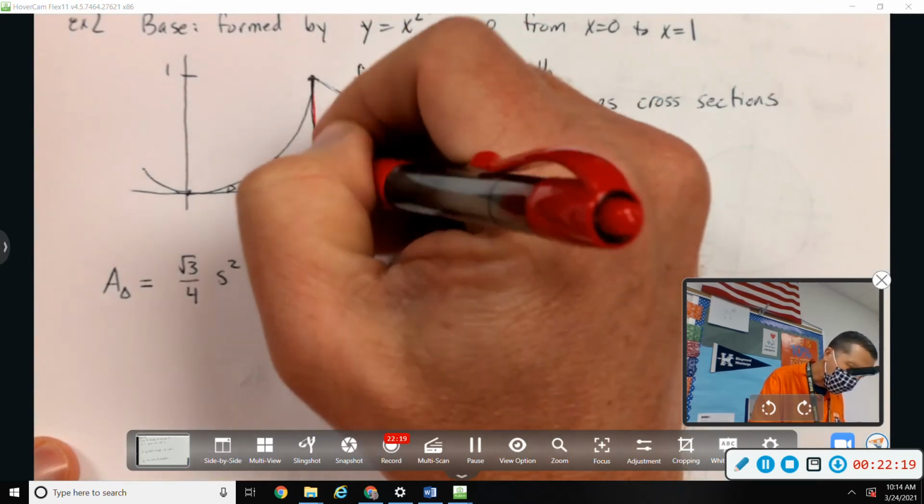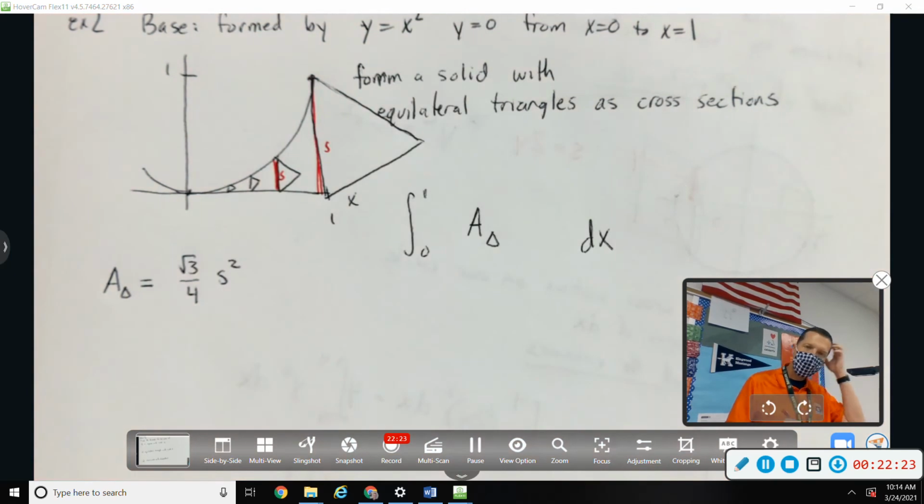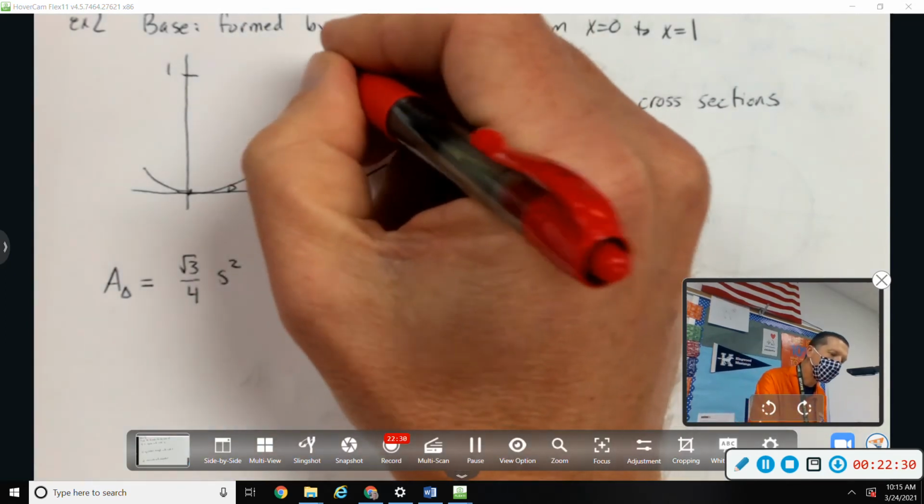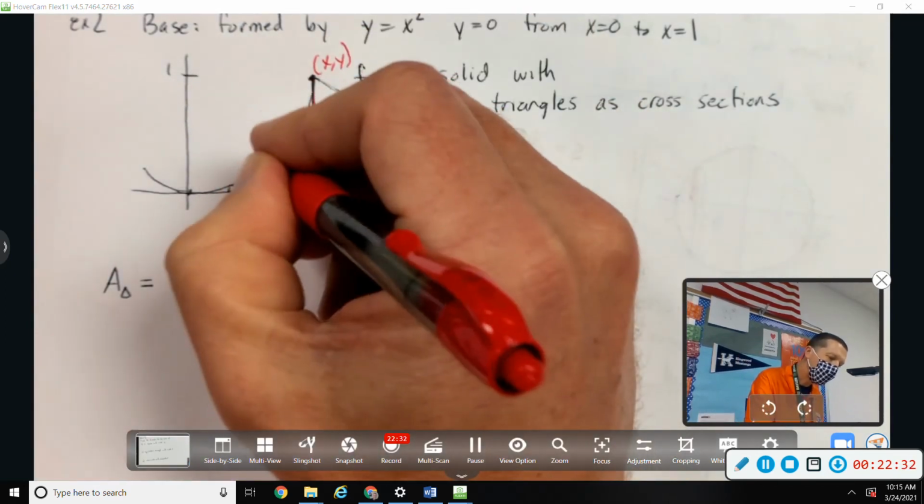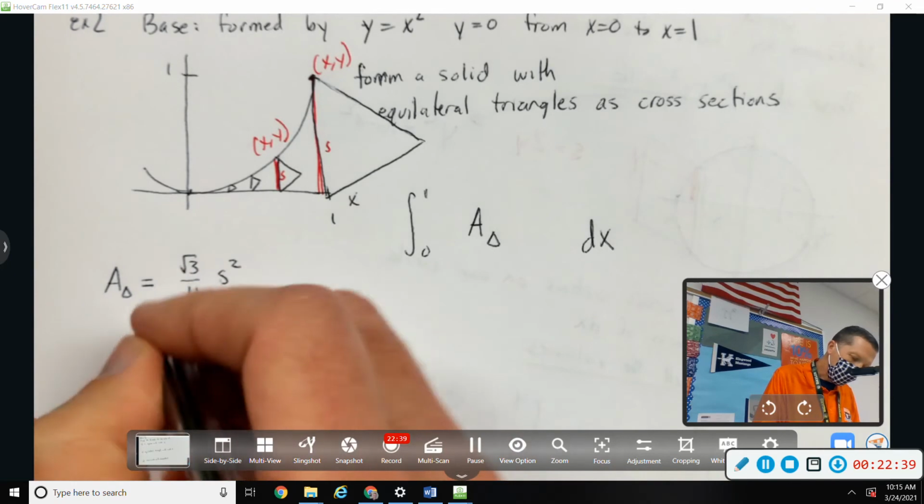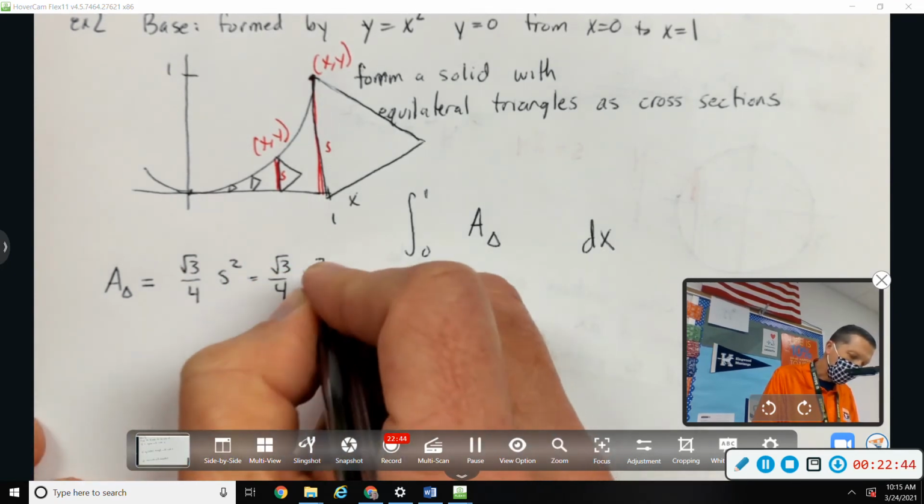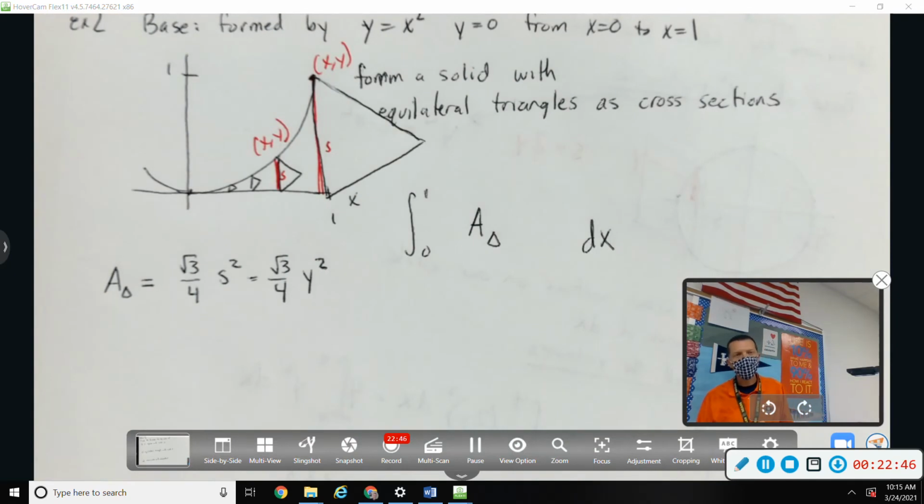Where this is s. This is s. So what's s equal to in terms of x or y? It's the y. It's the height of the curve right there. If that point is xy, then s is equal to y. So this is root 3 over 4 times y squared. Okay, that's getting better. I went from a sort of generic formula to a formula that's closer to what I'm